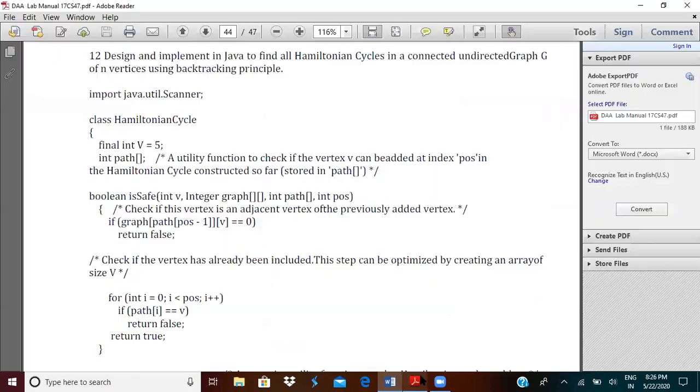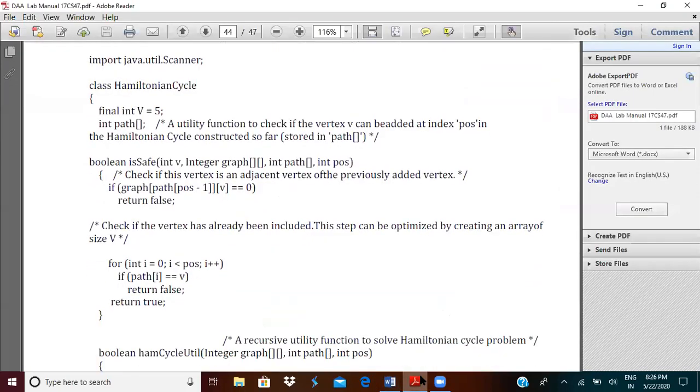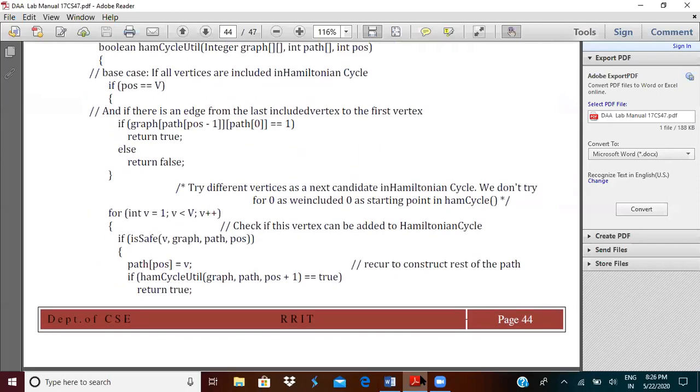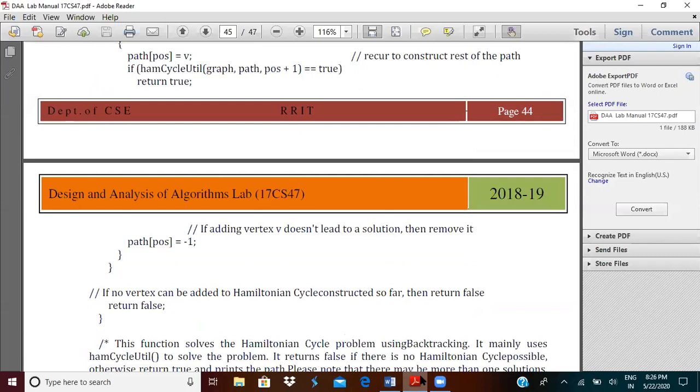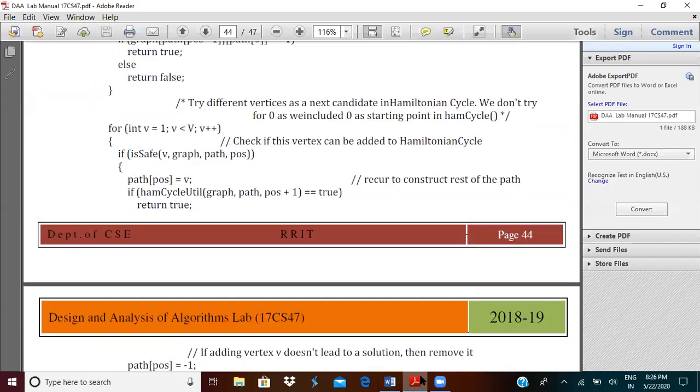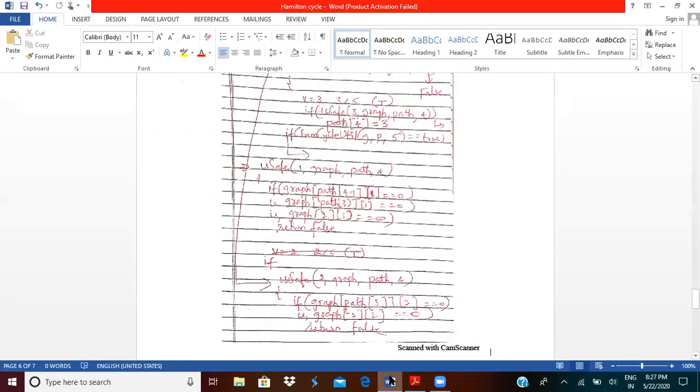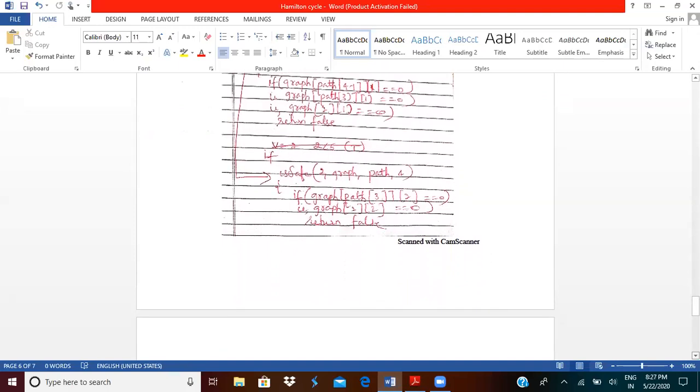So the control would come back to the is safe method here. If it returns false, ultimately it would take the next iteration within the v for loop. What is the next iteration value within the v for loop? So v becomes 2. 2 less than 5, condition is true. So I'm going to call this is safe method once again. Again, in that is safe method, I'm going to check if graph of path of 3 has a direct path from 2 to 2. Obviously, there is no direct path, so it returns false. If it returns false, what happens?